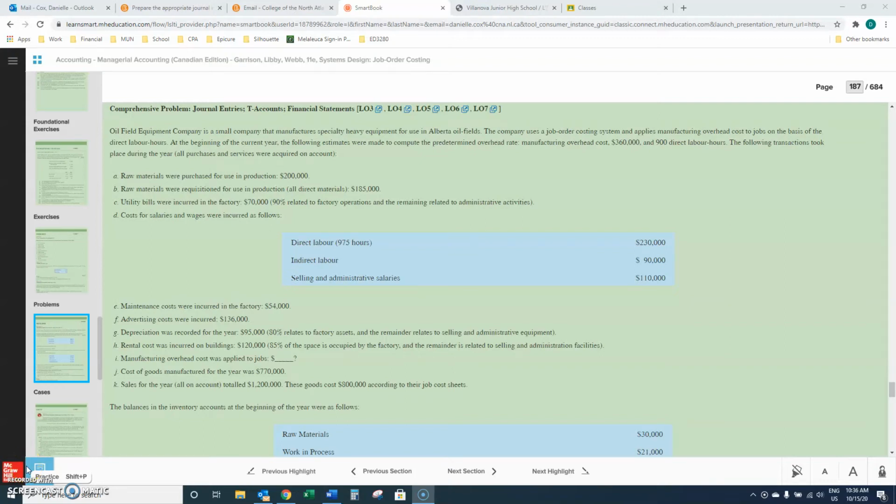Okay, everyone, so I've had some questions being posted on the discussion board about how to do the journal entry to clear out the over or under applied overhead, like what percentages. So it's discussed on page 161,